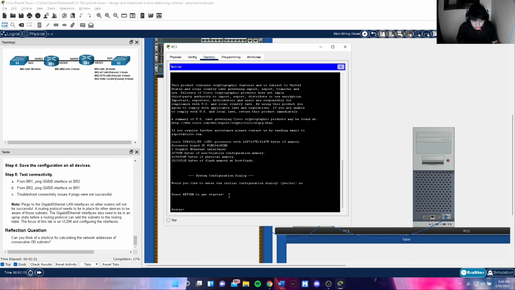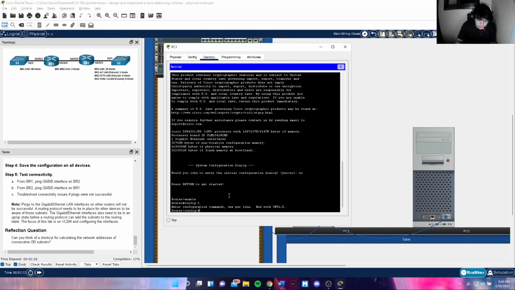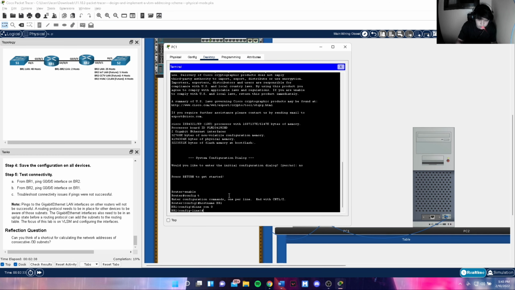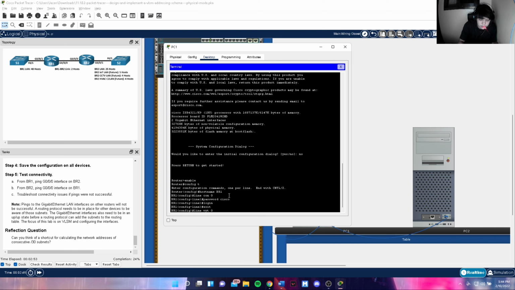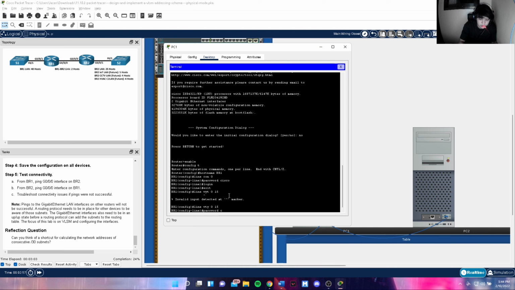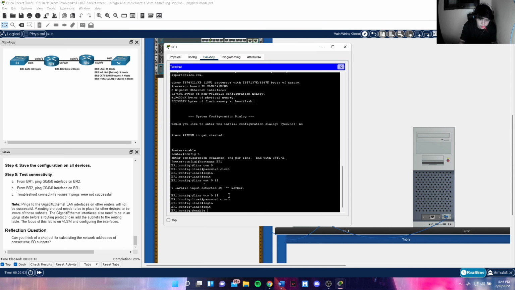So, for the router, enable, then config t, then hostname BR1, then line console 0, then password Cisco, then login, exit, then line VTY 0 to 15, then password Cisco, login, exit, then enable secret class,